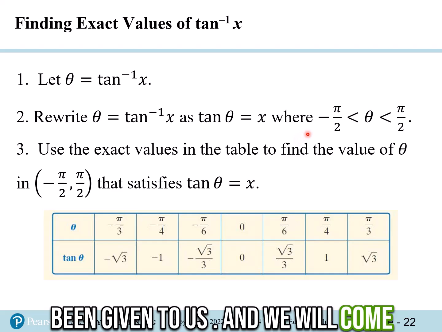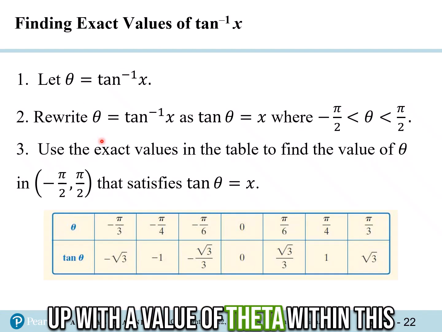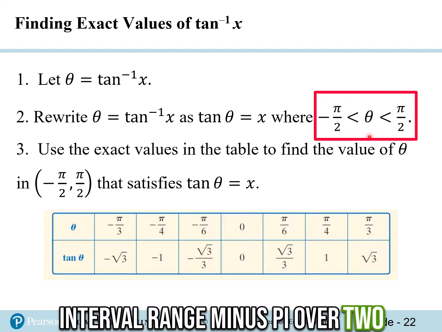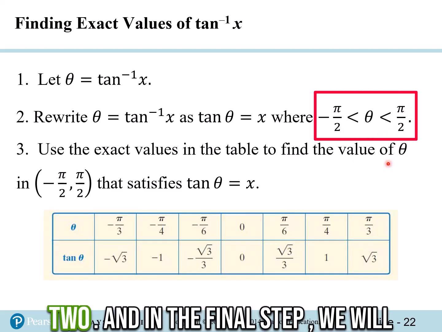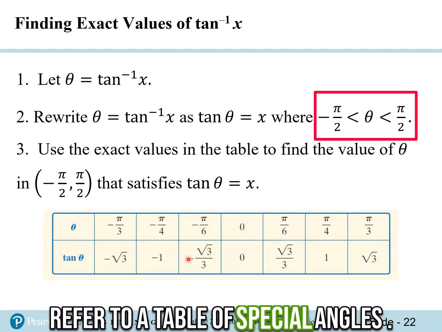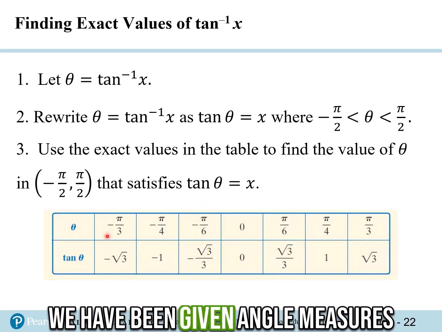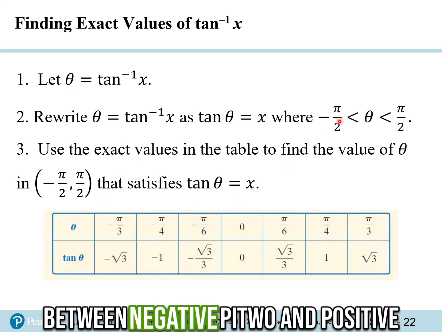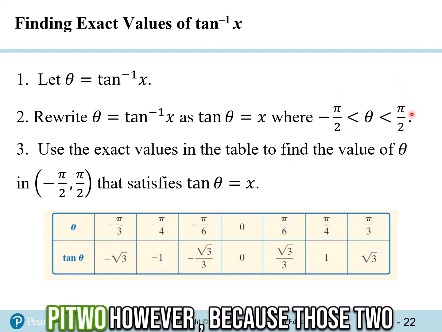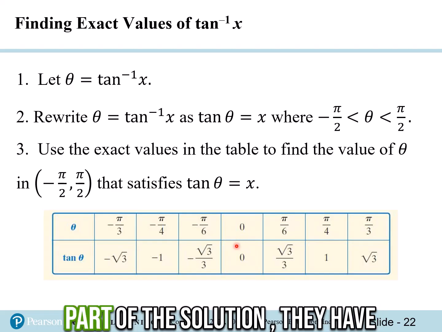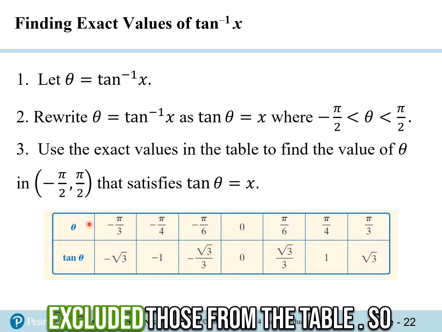And we will come up with a value of theta within this interval range, minus pi over 2 less than theta less than pi over 2, and in the final step we will refer to a table of special angles. Now for the inverse tan function we have been given angle measures between negative pi over 2 and positive pi over 2. However, because those two angles specifically will not be a part of the solution, they have excluded those